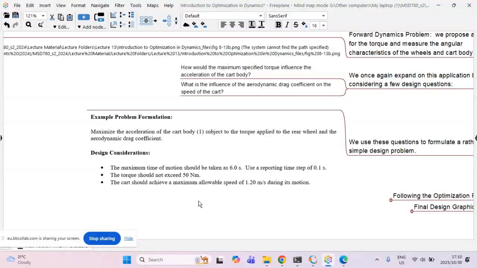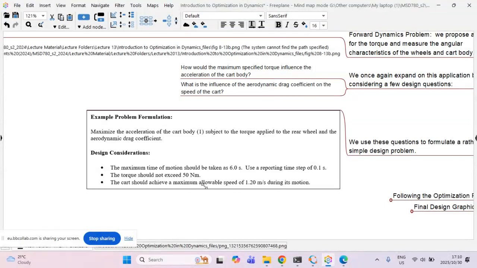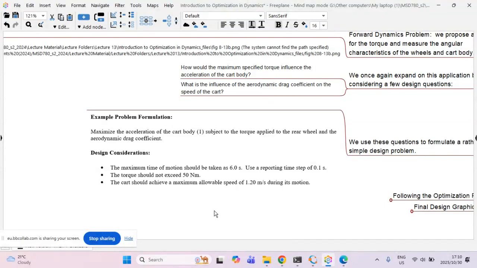Okay, so let's perhaps just look at this last point. Since we are working with a maximum allowable speed, we know that this is one of the properties that we're going to get after the post-processor of DAP-BC has run, and it needs to obtain a value of 1.2 meters per second. So since we have the maximum allowable speed, which is equal to 1.2 meters per second, we then have an equality constraint